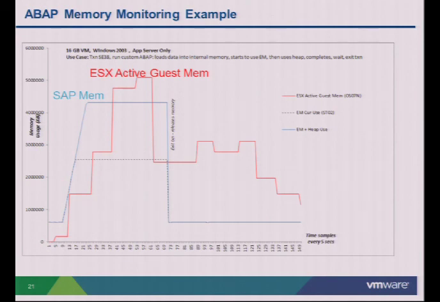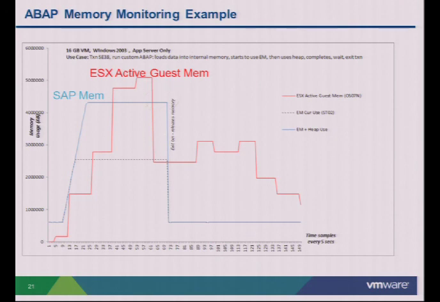What's the corresponding ESX active memory counter saying? That's pretty good. It's in line with SAP memory. In fact, it goes up a bit above the SAP memory counter because I'm not monitoring every SAP memory structure, just the two big important ones. So that's probably why ESX active memory is a bit higher. But the key thing to note is